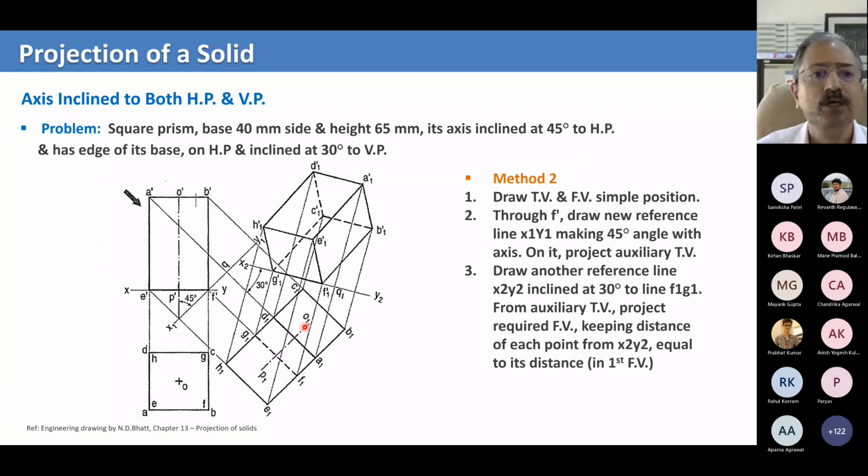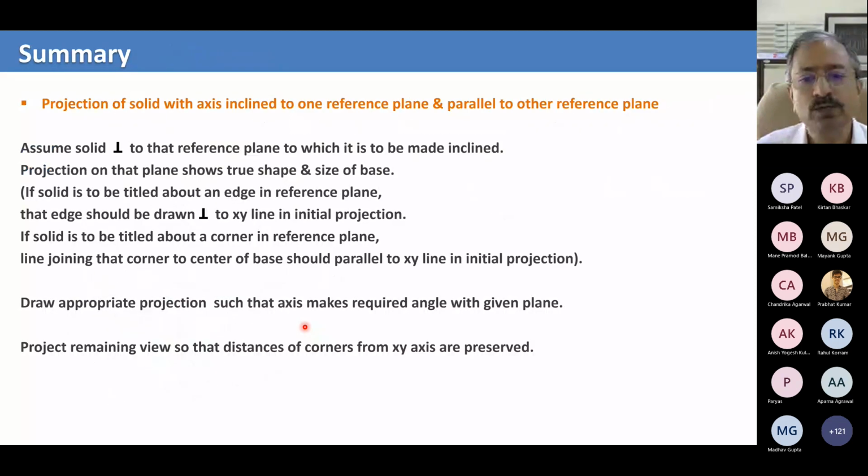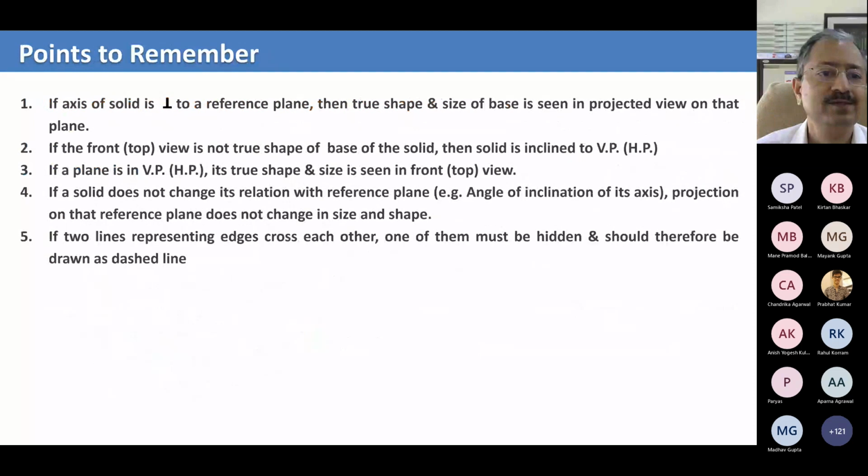So I'll stop here, and the only other thing is the projection of spheres, but that is very straightforward because a sphere is a great thing. No matter which direction you see, a sphere is always a circle. Right? That's a good thing about it. So all you need to know is where the center of the circle is. As long as you project that in your orthographic plane and you know the diameter or radius of the circle, you can project a sphere in any place. But this question is now making it a little more interesting for you by saying it is not one sphere only, it is 3 spheres, and tell me how they will look in a reference projection. Okay, so we'll leave it with you, and the summary is nothing but what I said